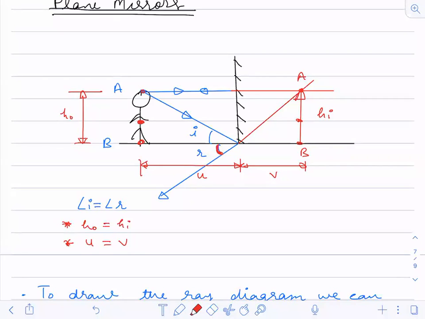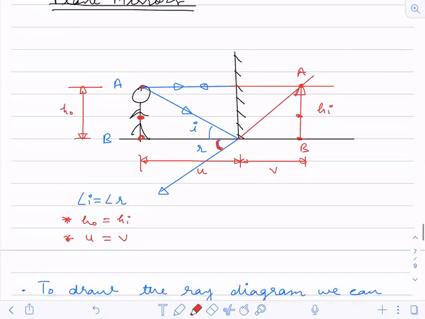So there is no material which has zero reflectivity. Every material will have a reflectivity. Zero reflectivity is just a concept. Practically, such materials do not exist. Now,